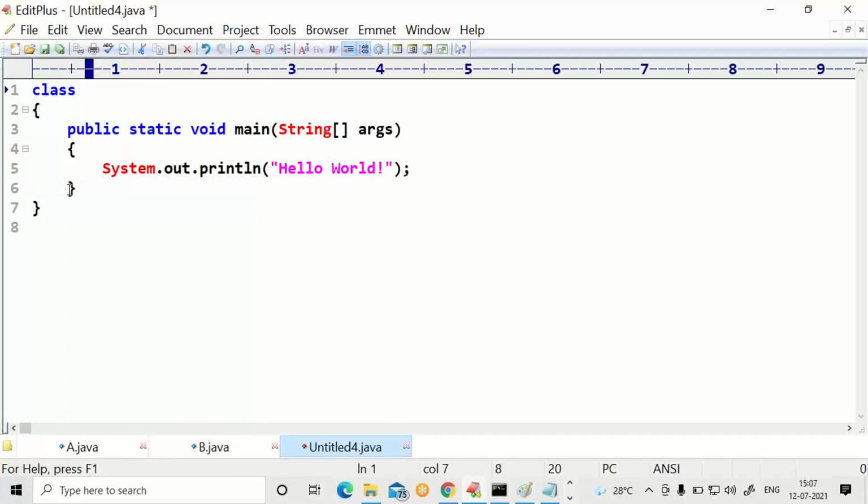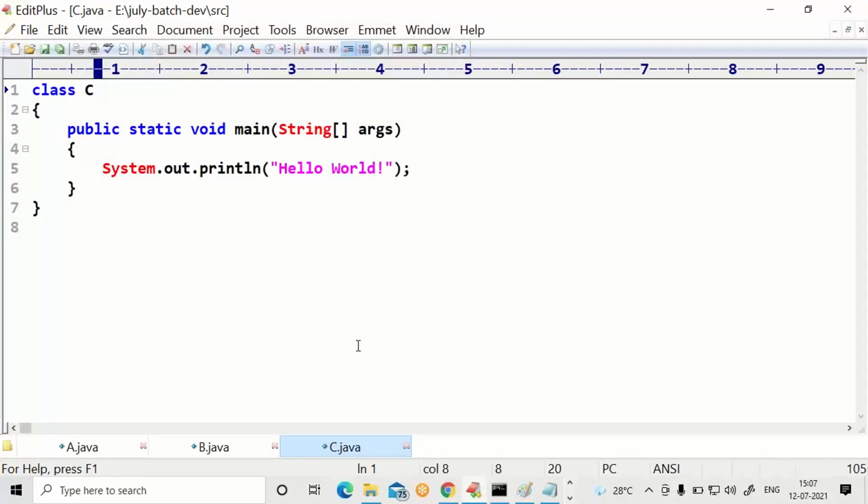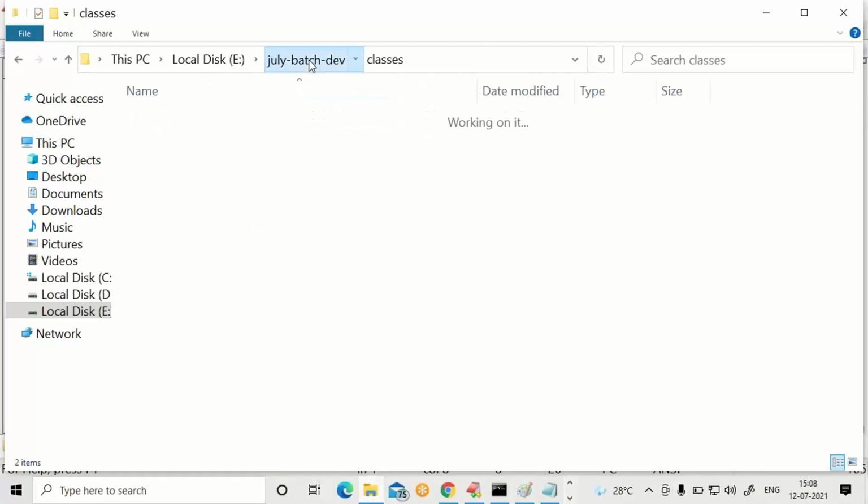File new Java, class name is C. Try saving in the src. C.java. C.java we developed in the SRC. Check it out.